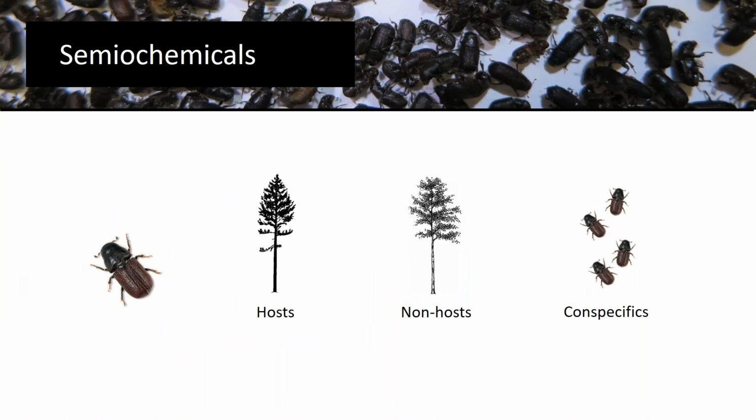So just as a little bit of background to some of the studies we'll be conducting that I'll be discussing today, I just want to introduce some of the important message-bearing chemicals that are important for the beetles in their behavior on the landscape. So beetles use these message-bearing chemicals, which are referred to as semiochemicals, for a variety of purposes, but they have to respond to them to orient in their environment, which facilitates a variety of things, but